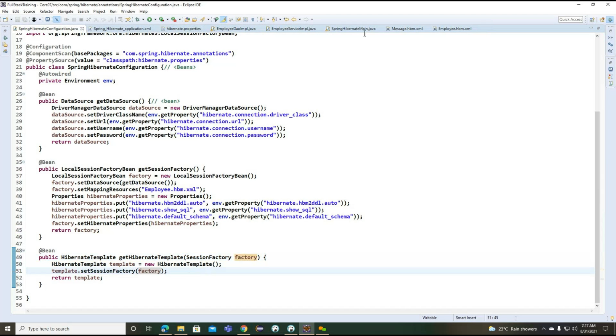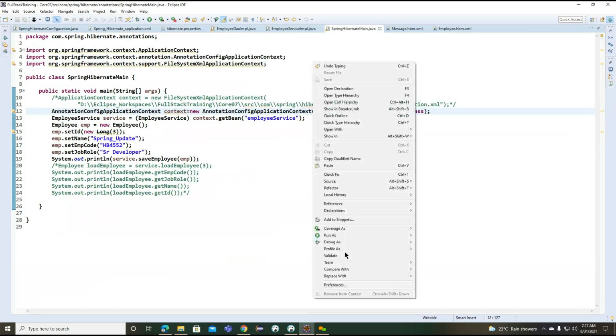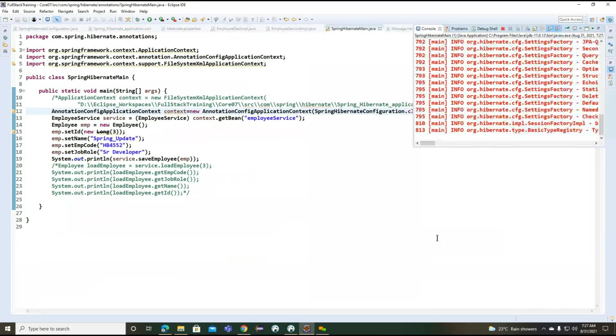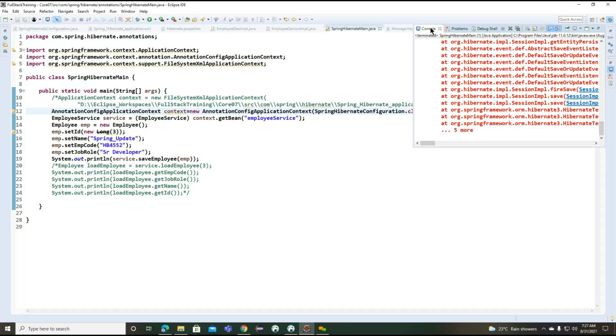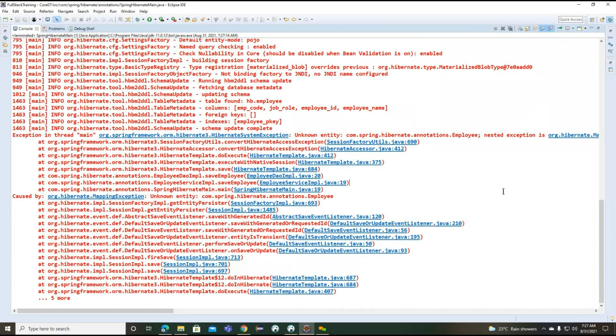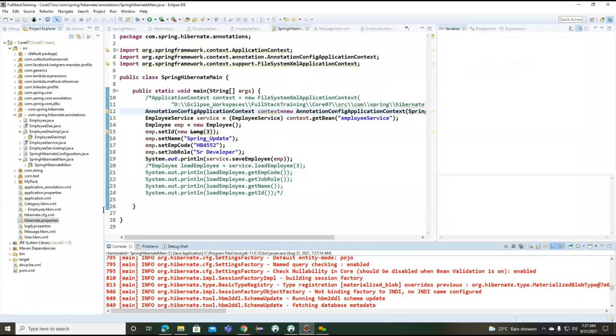Right. So these are the main configurations we can define here. Whenever we try to convert the object into the interface type, we get a class cast exception. So now I change to the class type here. The second one, we are getting an exception here: mapping exception, unknown entity annotation.employee. Up to this point, the employee we created here, but at the annotation level we don't have the employee here. Now what can we do?